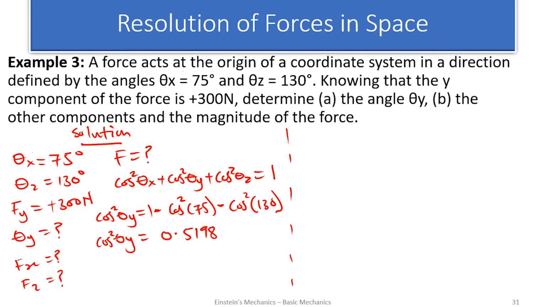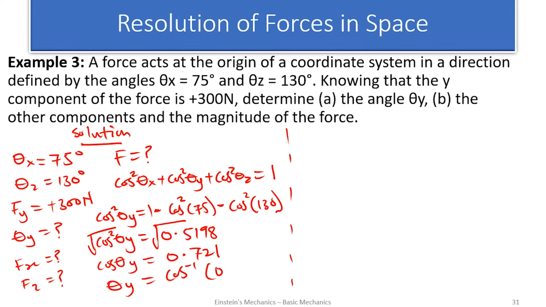And if I have to find cos theta y, not square, I find the square root of both sides so that the square will cancel, giving me cos theta y now to be 0.721. Taking cos inverse, remember you cannot take cos square inverse, so you have to make it cos theta y, and I will take cos inverse